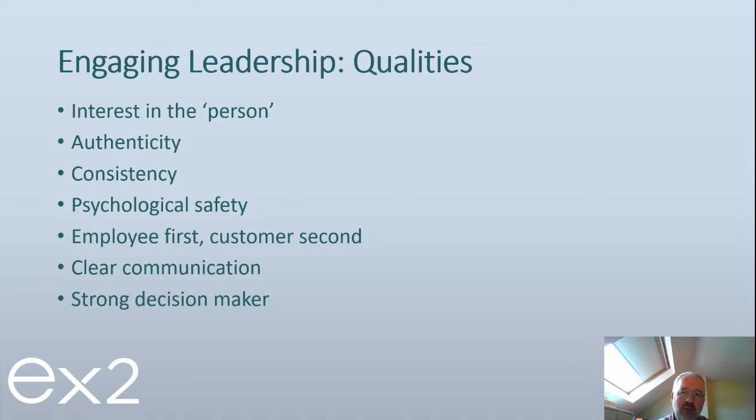If your people feel safe to contribute, to come to you with questions, to come to you with suggestions, to make innovation or improvements to how work's done in your team, well then you've got a higher performing team. But they need to feel safe to do that. They can't run the risk of retribution.